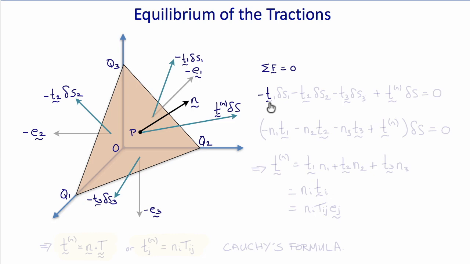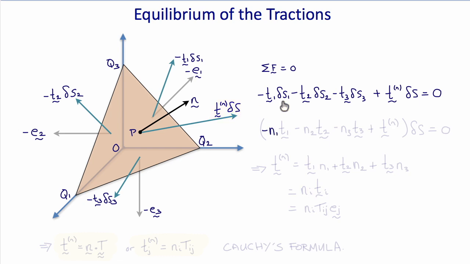So that means that minus T1 times delta S1 minus T2 times delta S2 minus T3 times delta S3 plus Tn times delta S equals 0 for the body